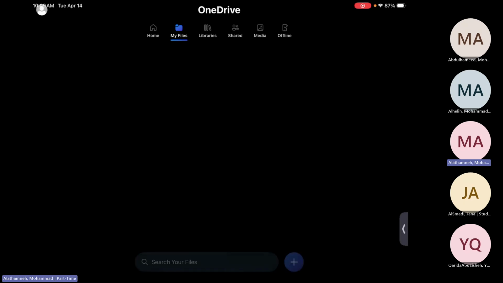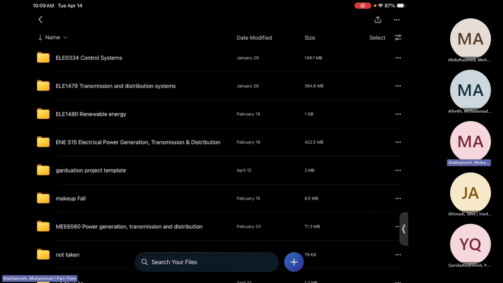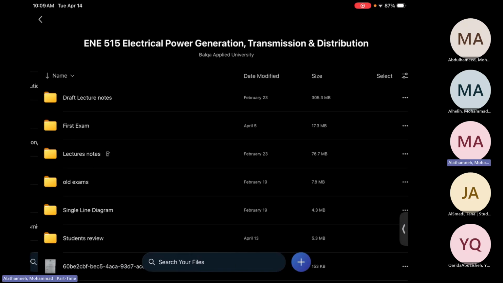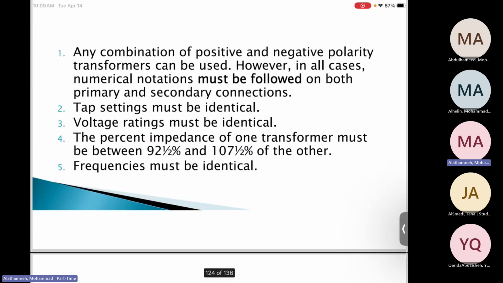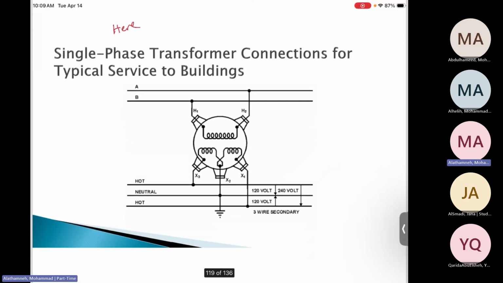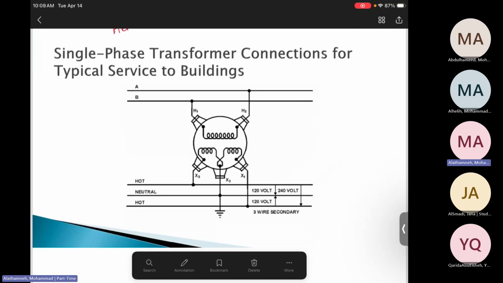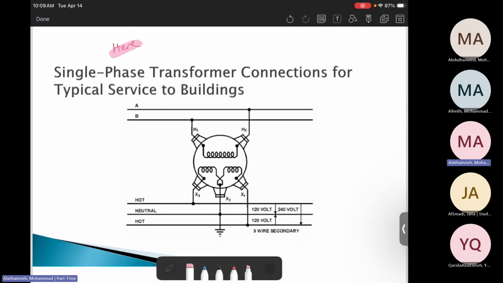Last time we stopped at the single phase transformer. So here's the transformer, and I believe we stopped here at the single phase three winding transformer. So this is called single phase three windings. Three windings means we have a first winding here, a second winding here, and a third winding here. So it's called a three windings transformer. And it is used a lot